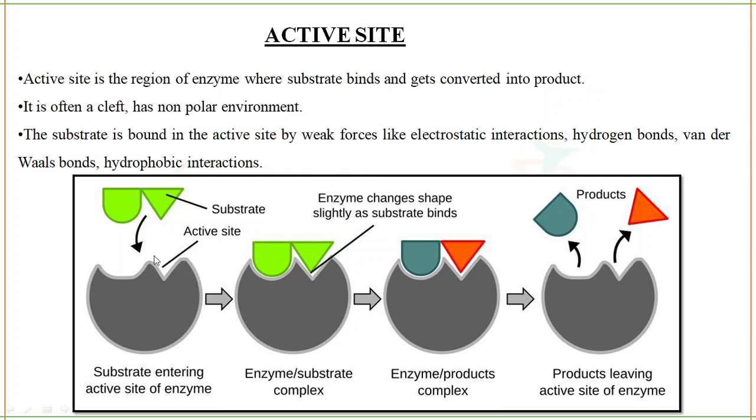You see here, this is an enzyme. This is its active site. The substrate can come and bind here. It will form the enzyme substrate complex. The enzyme changes shape slightly as the substrate binds. Enzyme products will be formed. The substrate is getting converted to product. Here you can see the color difference, and the product will leave the active site of the enzyme. And now the enzyme is free, so that the second substrate can come and bind. The next substrate can come and bind and get converted into product. So this cycle goes on and on, for as much substrate as is available.